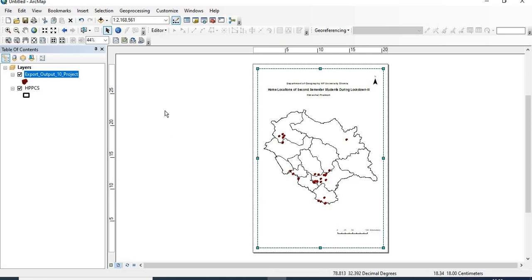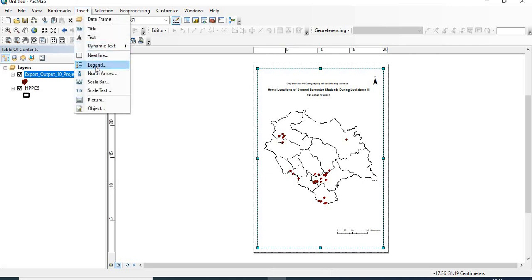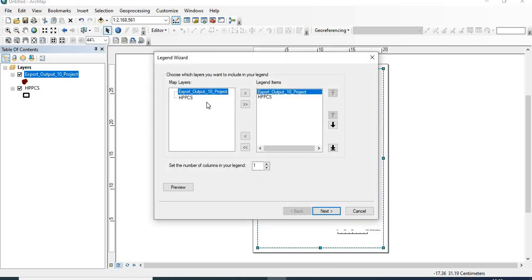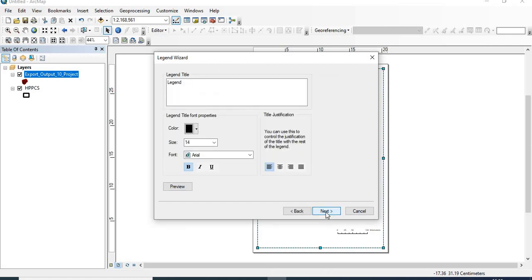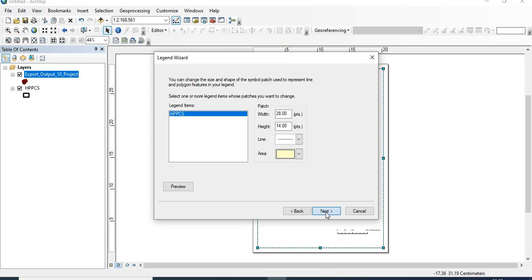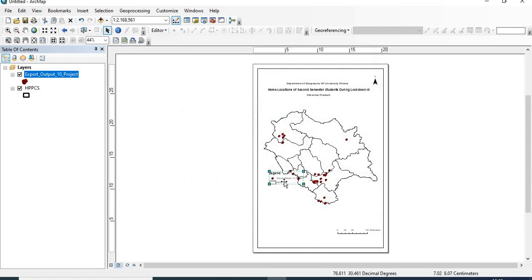And you can also add the legend. Click on legend, and click on next, next, next, next, and finish. Here you will see that it has been added.